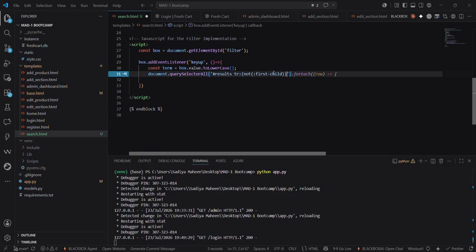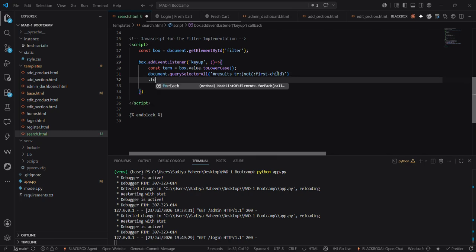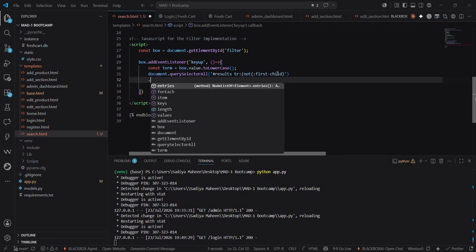So you will use something like not first child, and this will not apply the query selector on the first child. This is the complete expression, and then for all these selections we are making, for each row inside of the selection,